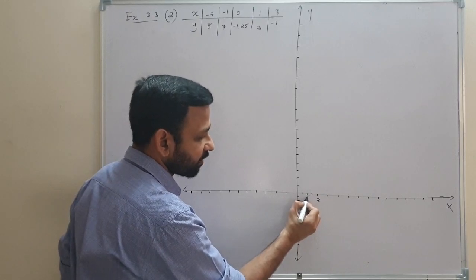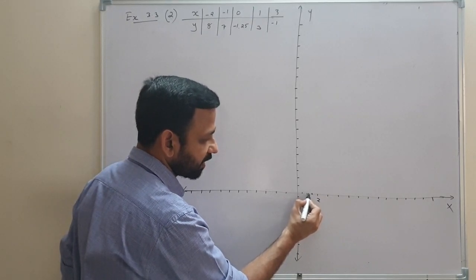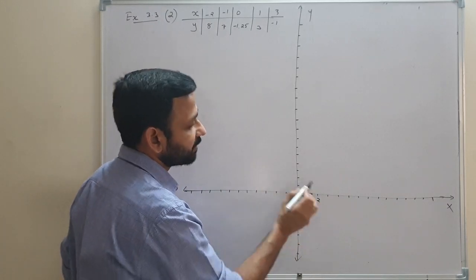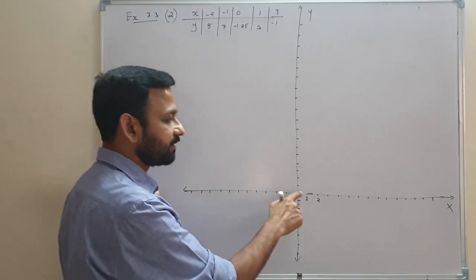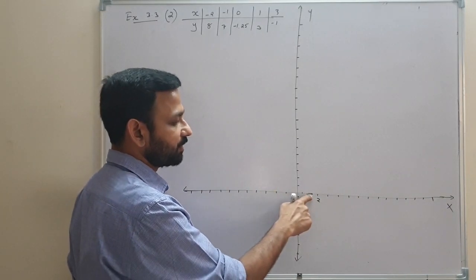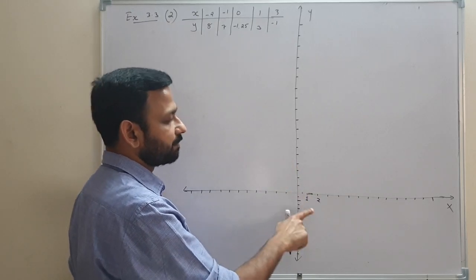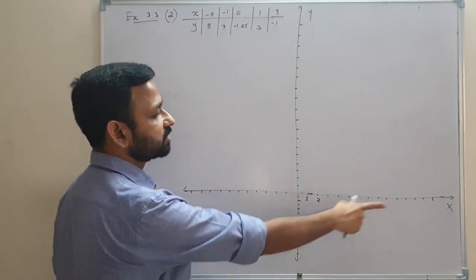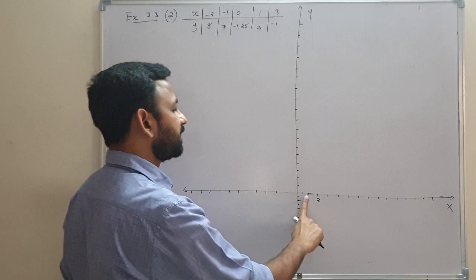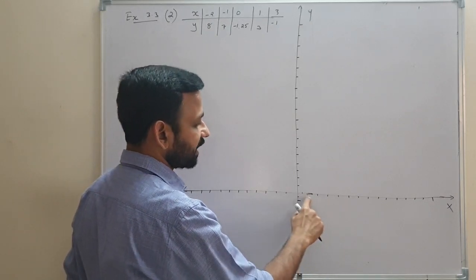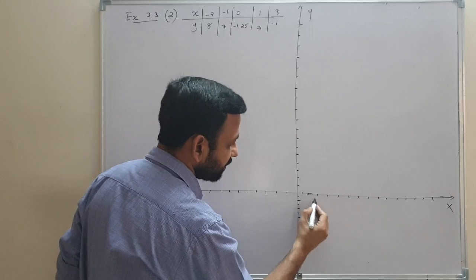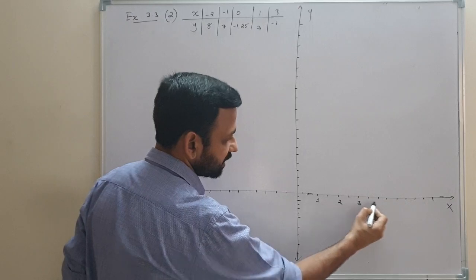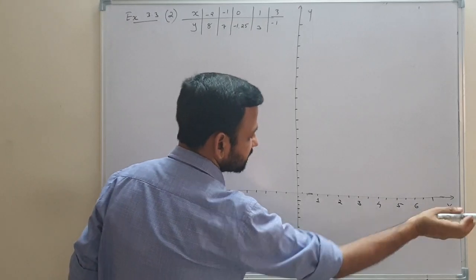1.5 we can easily locate. In between 1 and 1.5 we have 1.1, 1.2, 1.3, 1.4, then 1.5. But 1.25 we don't have. 1.1, 1.2, 1.3, 1.4 are possible, but 1.25 is not possible if you take 1, 2, 3 and so on. So we need to change the scale. Instead of taking 1, 2, 3 at every place, we will take alternate places: 1, 2, 3, 4, 5, 6.